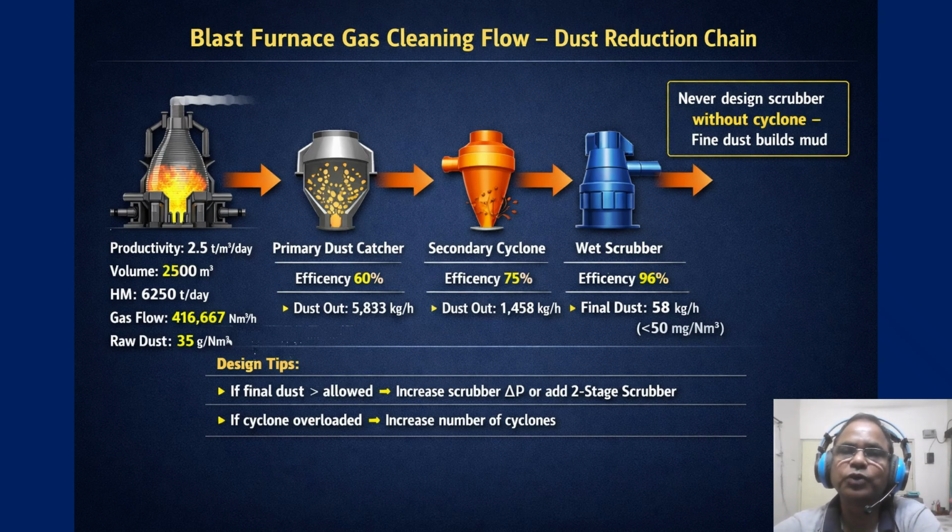So the final rule for the team is to always calculate dust load step by step: production, gas volume, primary outlet, secondary outlet, scrubber outlet. Never jump directly to the scrubber sizing. Any questions on these 5 slides? If there are, you can share, and let us concentrate with all this data and statistics and monitor our dust load as per the design and according